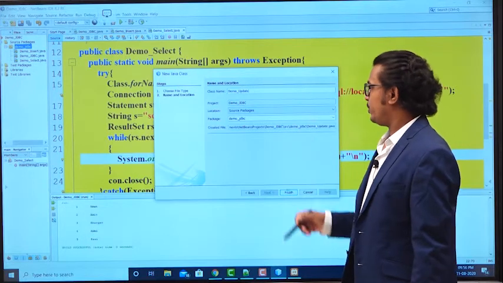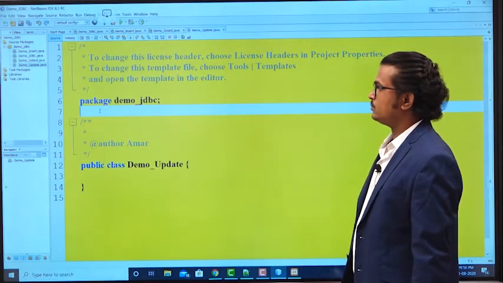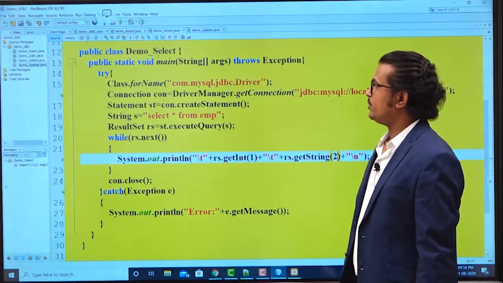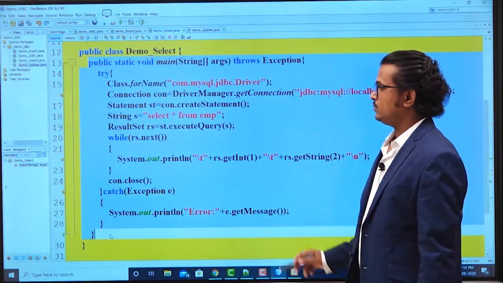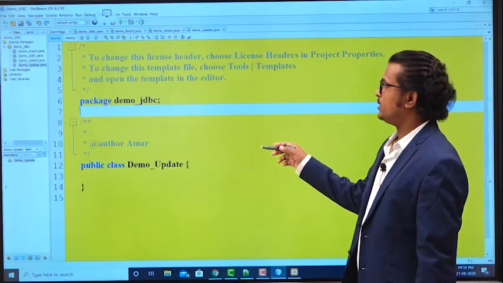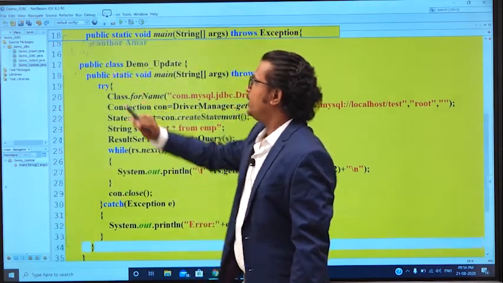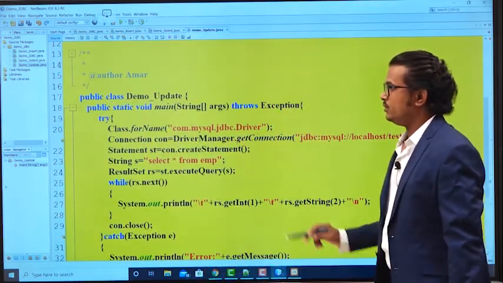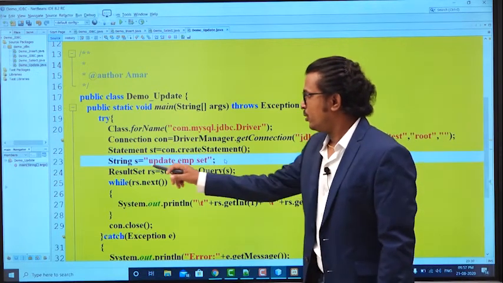Here I am doing the update operation first. Just copy and paste the program. You can copy from the select query, or you go to your JDBC table creation and copy that program here. So the same program I copied here.